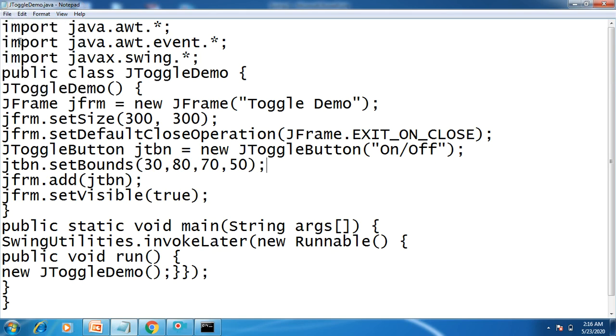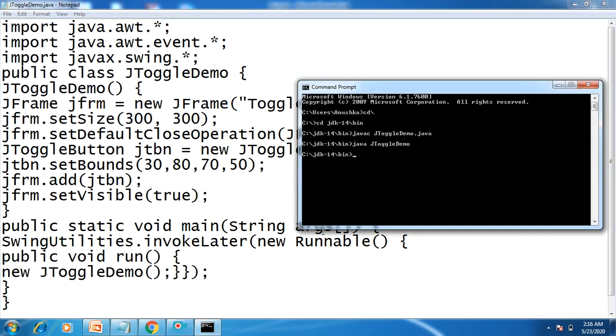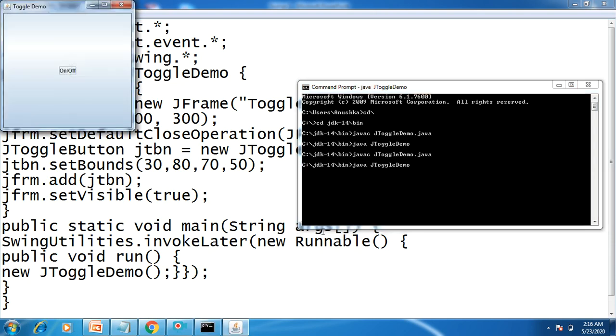Check it, save the program. Okay, it needs to be changed.